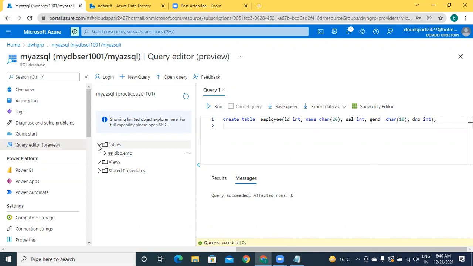Query executed. Check the table list. If the table is not visible, just click on refresh. Now check once again. Employee is created. Okay. Later you can check the data once data loading is complete.